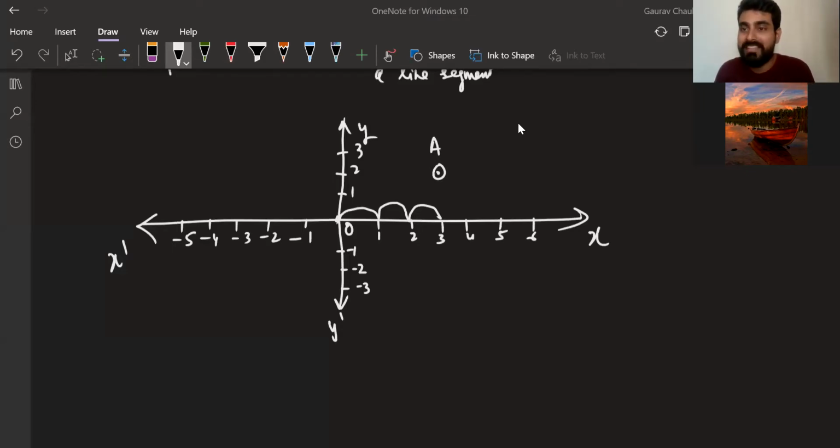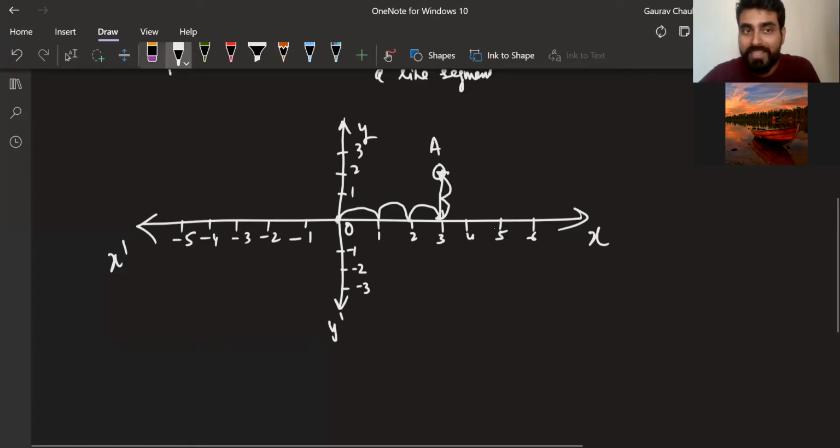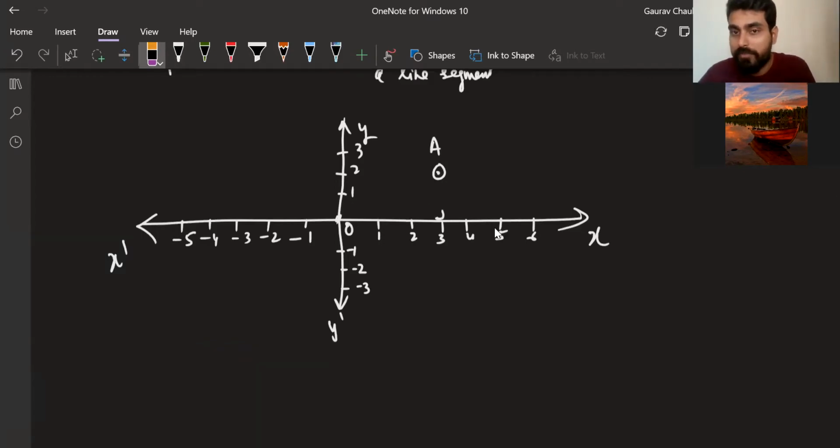3 steps on the x-axis in the positive direction, and then you go 2 steps in the y-axis direction, that is the positive y direction, that is, go up 2 steps. This is how you will communicate to someone where A is. You can also communicate in another way. You can say go 2 steps in the y direction first, and then go 3 steps to the right, the positive x direction. That's another way of saying it.